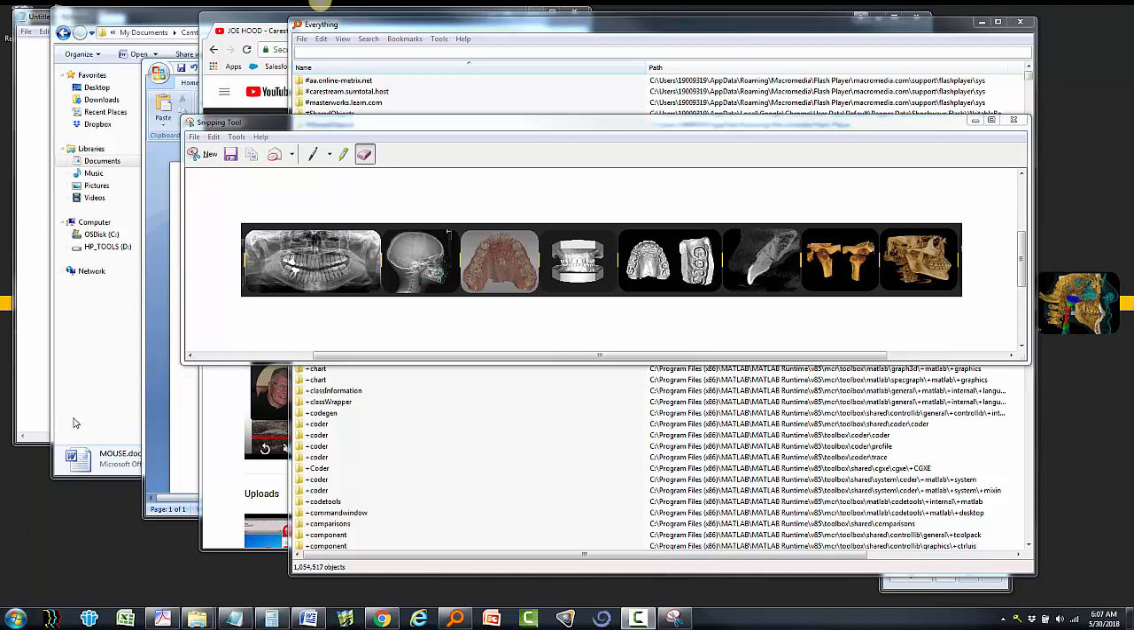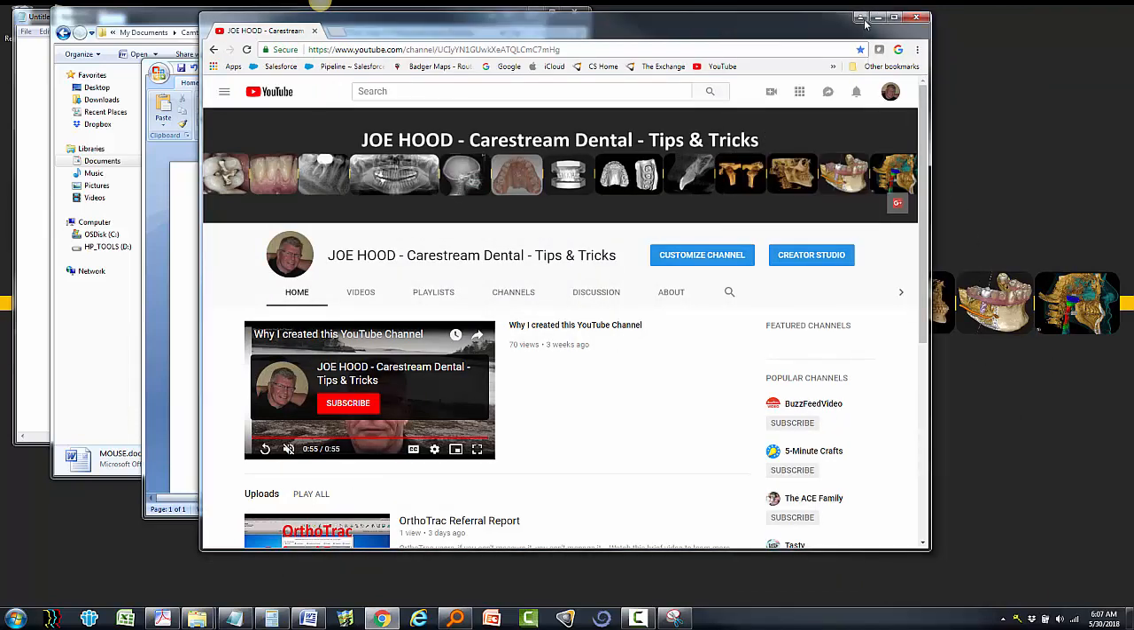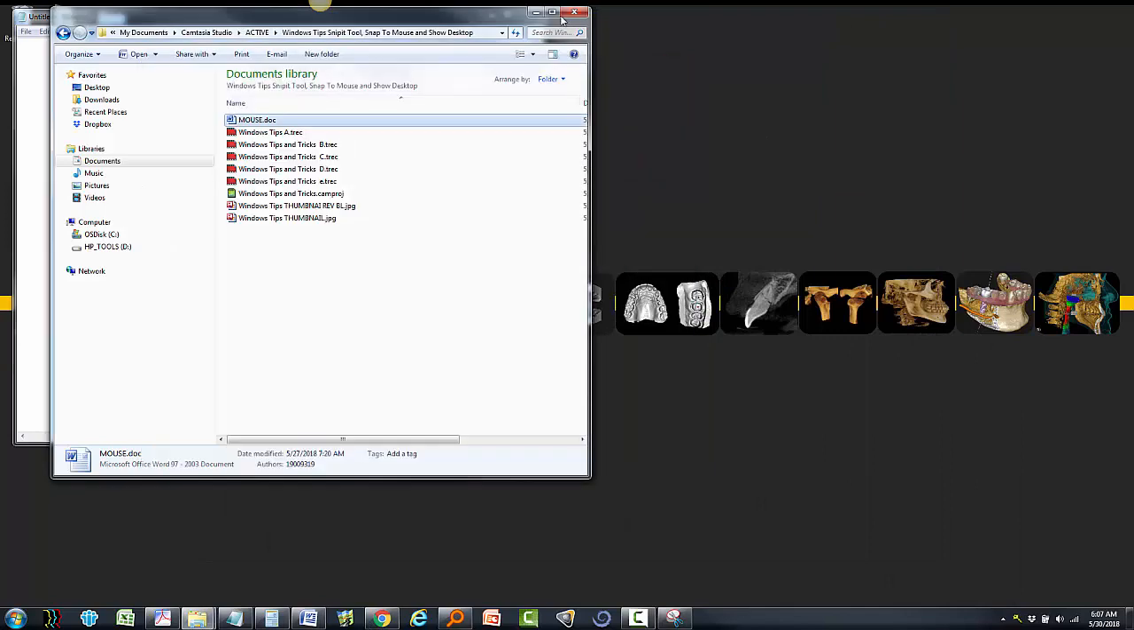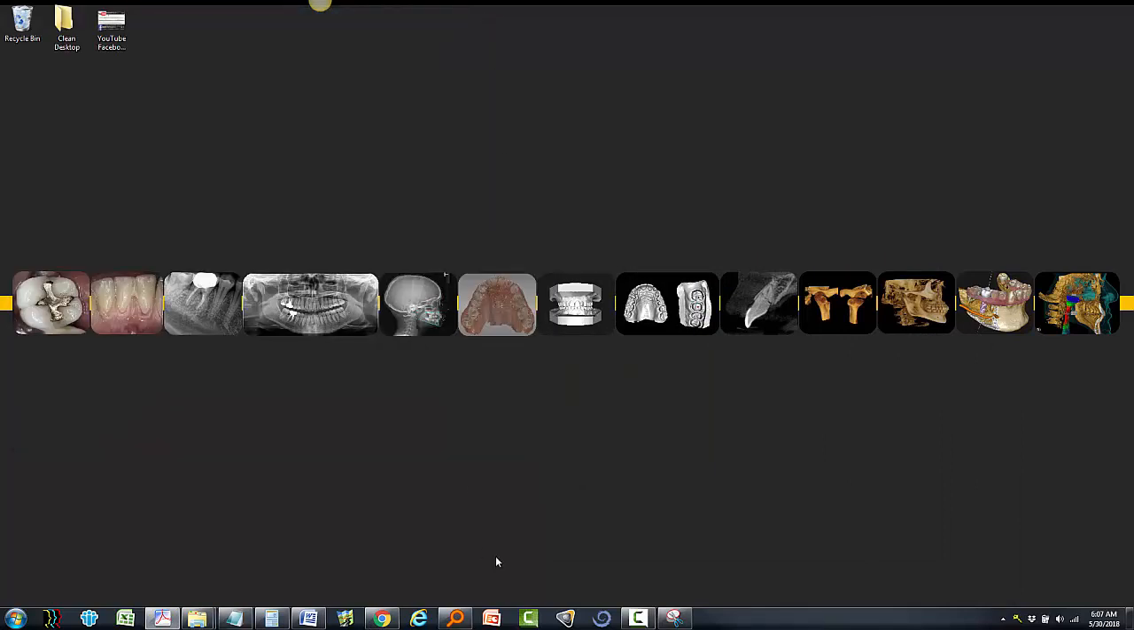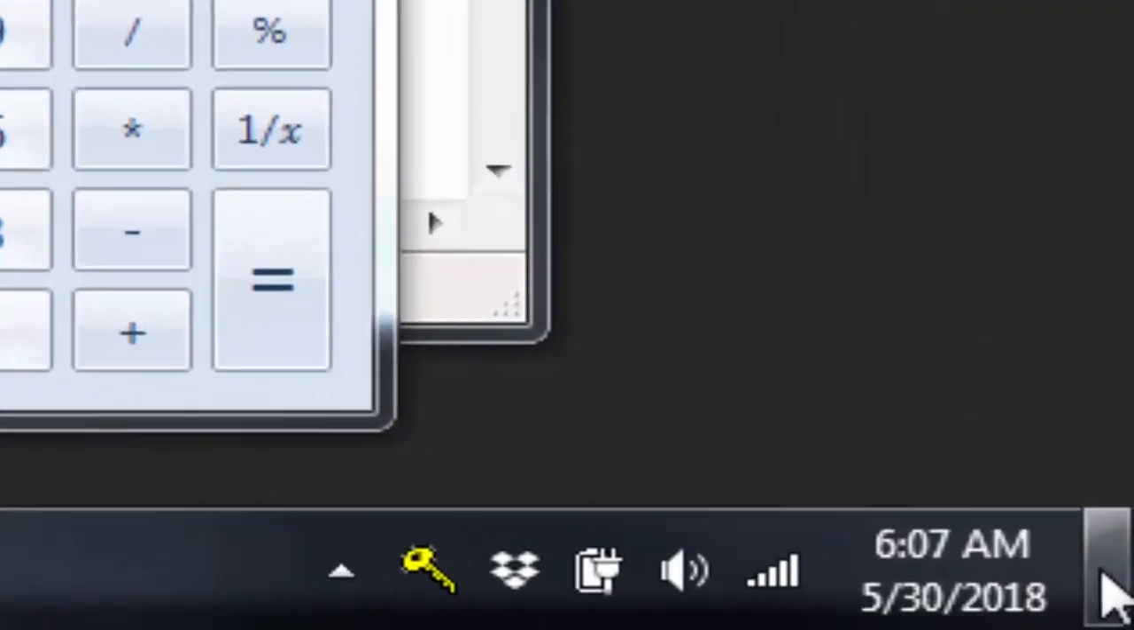So as you can see, I've got 1, 2, 3, 4, 5, 6, 7 different programs open all at the same time. Whenever I see someone go through the process of minimizing each screen at a time, it just kind of causes me a little bit of pain, because there's a quick and easy way to do this. That quick and easy way to do that is to come all the way down here in the bottom right corner of your screen,